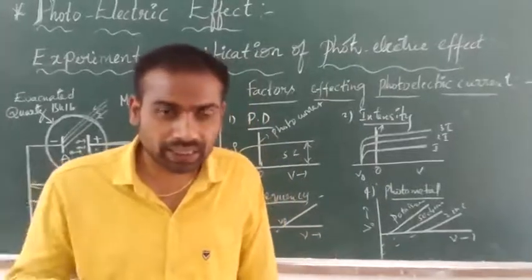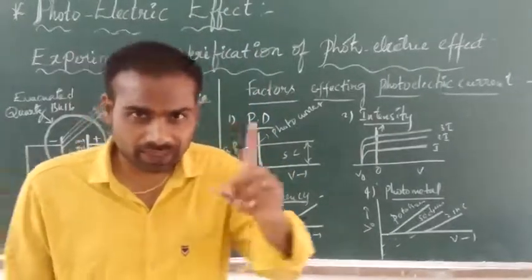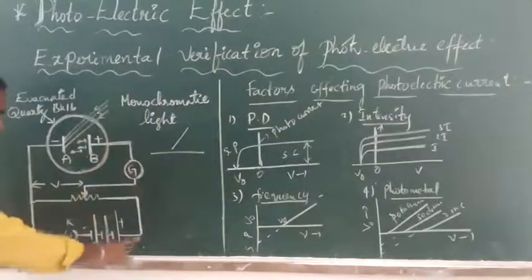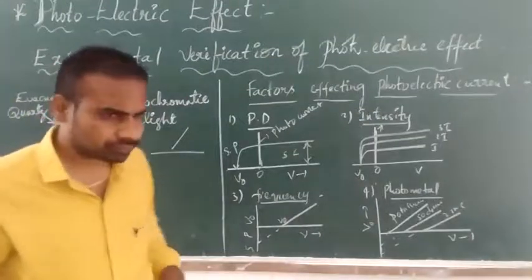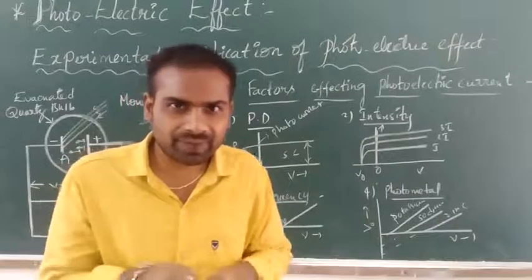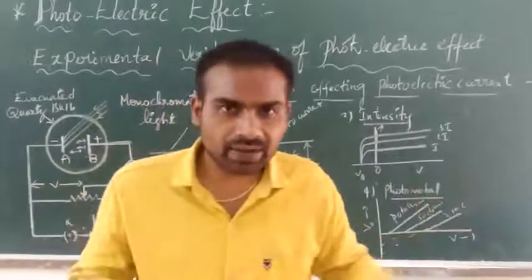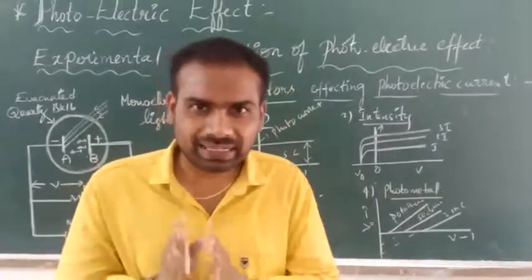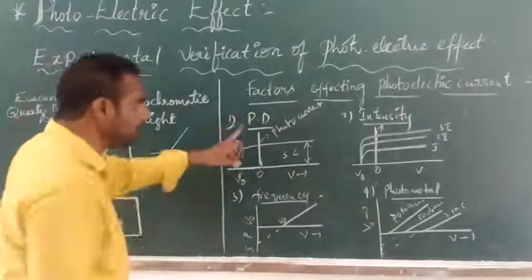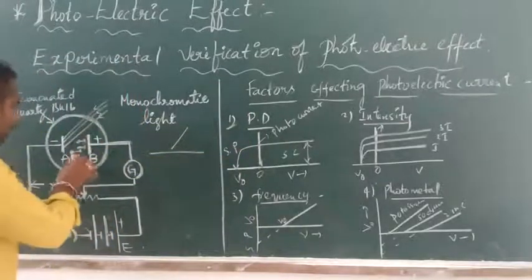produce what is called photocurrent. This photocurrent depends upon some factors. The first one is the potential difference applied between these two plates. Whatever battery we connect between the plates, that potential difference, that voltage, determines the current coming from metal surface A. That is the first factor, potential difference. Second, whatever the electrons here, these are the electrons here.